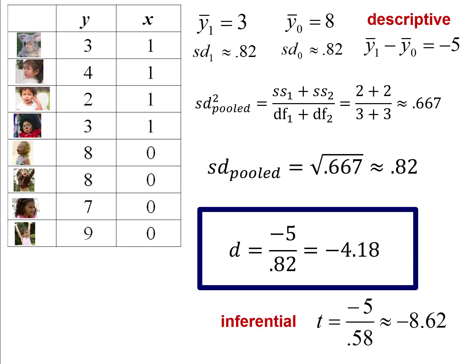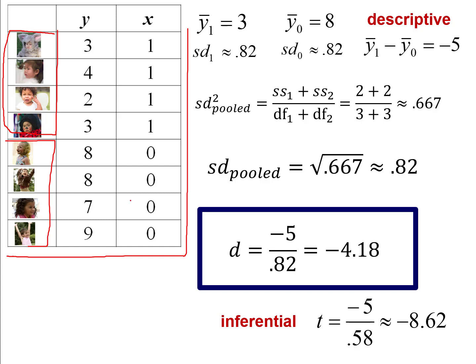So let's go back to that hypothetical data set that we were looking at in the previous section and see how we would calculate a D statistic with this example. On the screen, on the left-hand side, there's that hypothetical data set that we were looking at in the previous section, where we had a treatment group of children forced to wear costumes and a control group that did